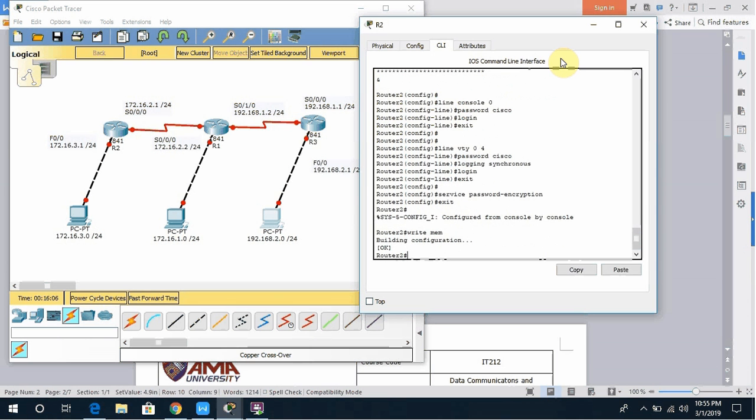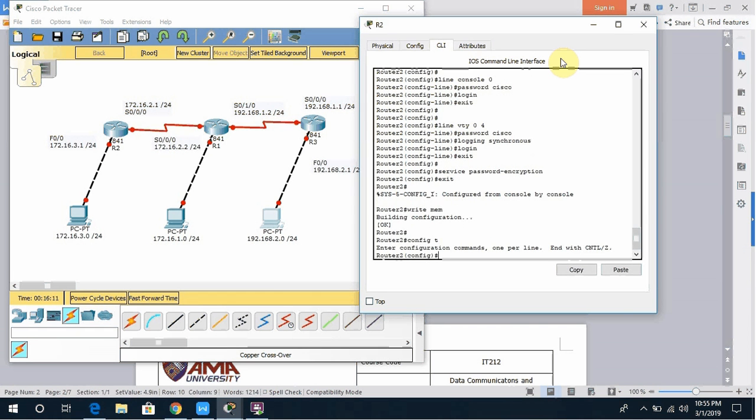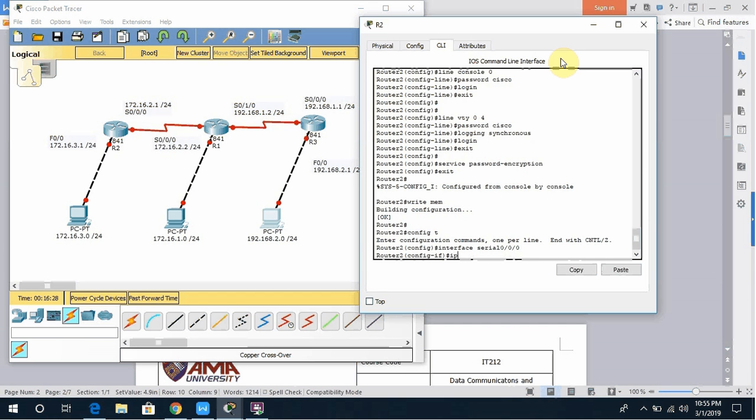We'll put the IP addresses. Then config t. Then the first one we're gonna do is interface serial 0/0/0, enter, IP address is 172.16.2.1, 255.255.255.0,